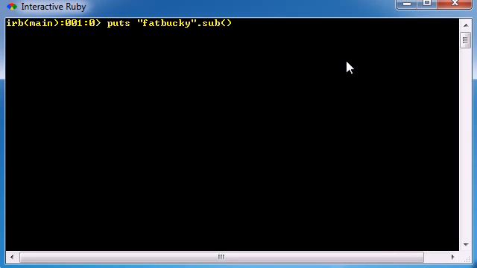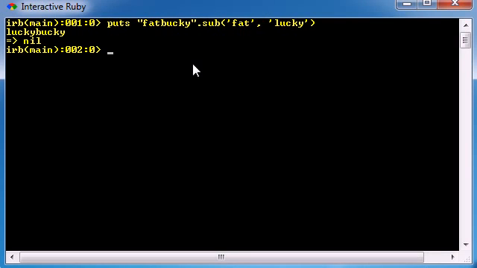Now this method, again, isn't a regular expression, but this is an example of when you could use a regular expression. Say you wanted to take the string fat Bucky and you wanted to change out the word fat for something a little bit nicer because I just think it would be a good idea. So what we want to do is give it two parameters. First, the string that we want to substitute, which is fat, and second, the string that we want to substitute it for, which is lucky. So instead of fat Bucky, we want to change out the word fat for lucky, hit enter, and now it says